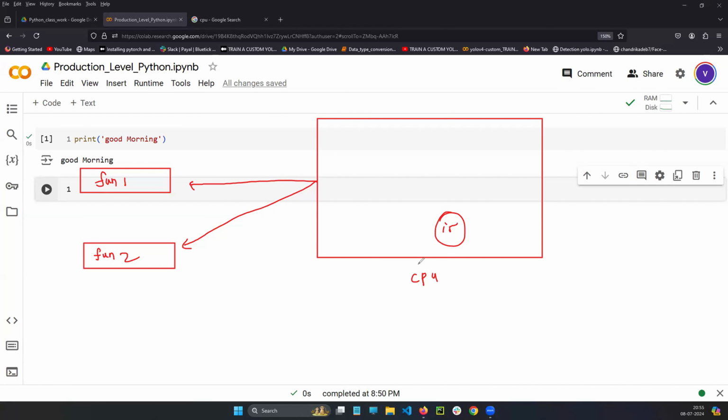Okay. Now see what I will do is I will tell my CPU, i5 processor, to run this function and